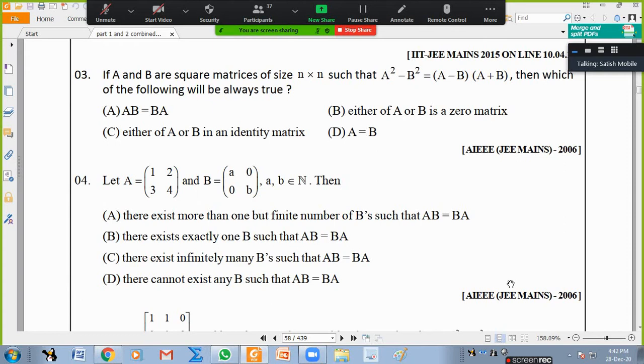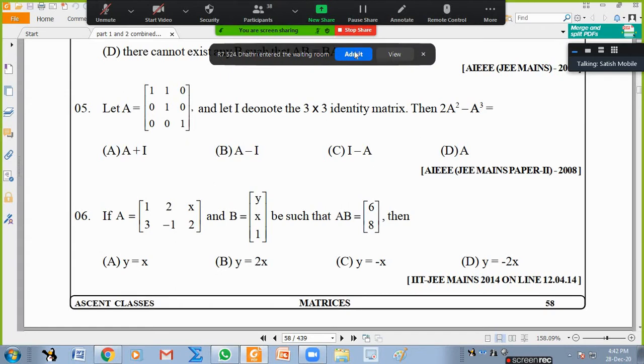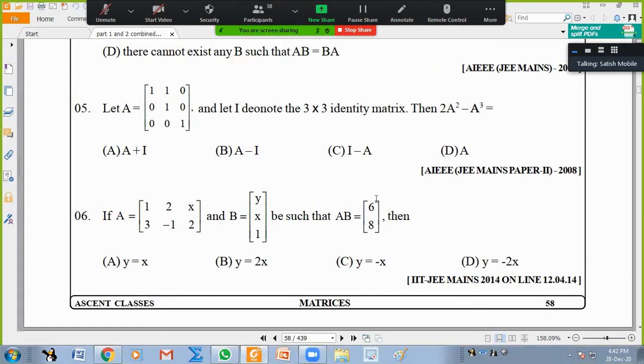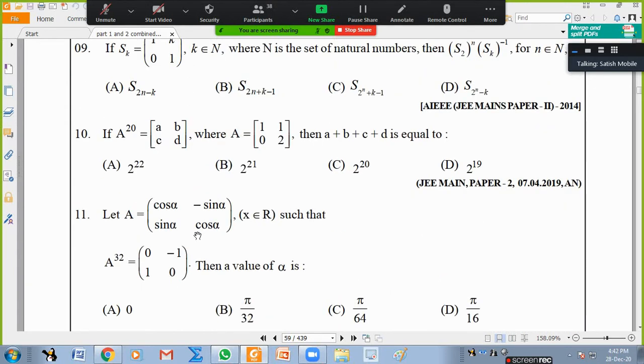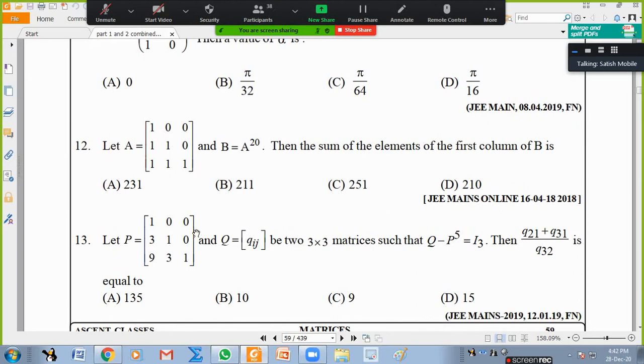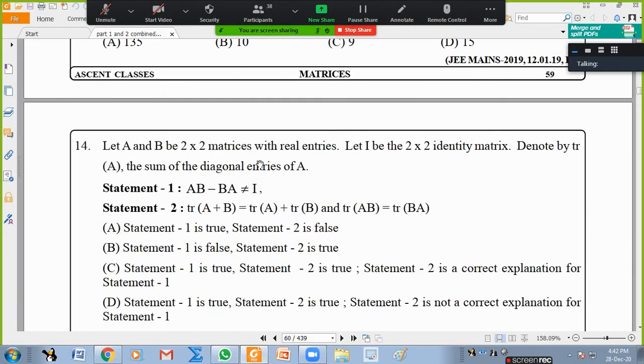Three or four? That means some numbers are given, right? I should ask them maybe. Anyway, you have numbers with you. You should have tried. Okay. Any doubt about 5 or 6 on the screen? Of course, starting number is 7. If somebody has doubt about 7, 8, 9, 10, 11, 12, 13, today I discussed in another class. That is room number 57, so I can send that link. You can see it. Even 14 I discussed there.